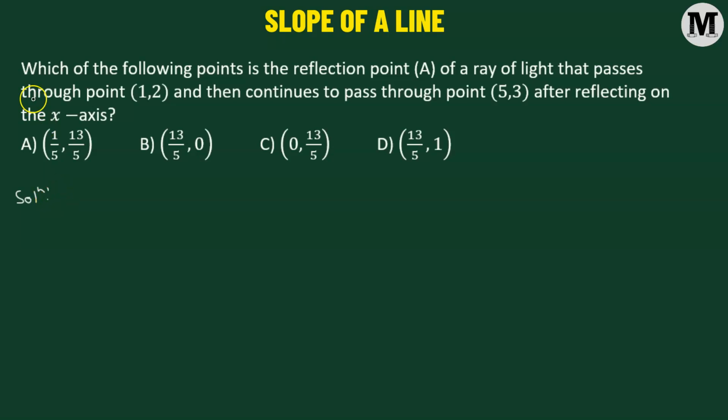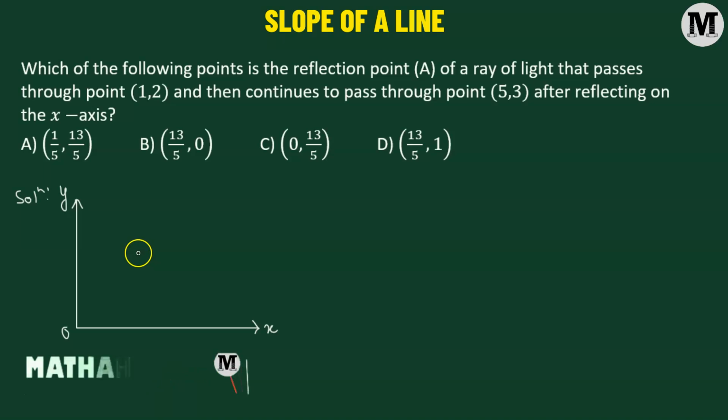So we'll consider our coordinate axes. Now we have a ray of light that is incident on the x-axis, because the x-axis is a mirror. So let's say we have a ray of light which is incident on the x-axis at a point A, and this incident ray of light is going to pass through a point. We're going to name it as point P, having the coordinates 1, 2, and then after reflection at point A,